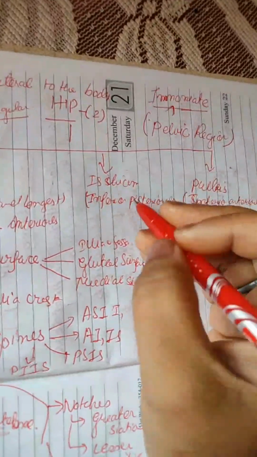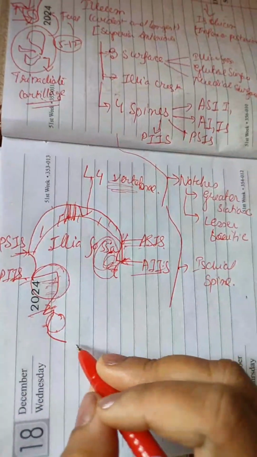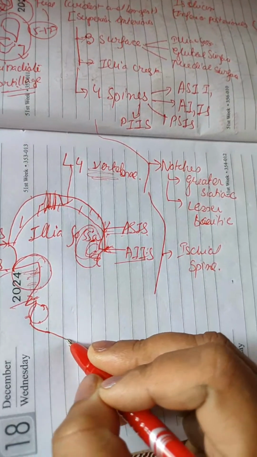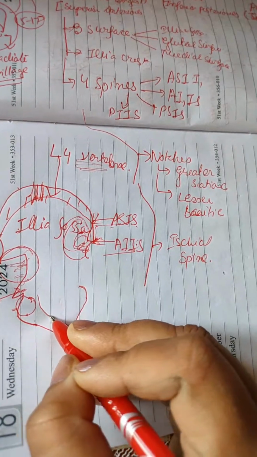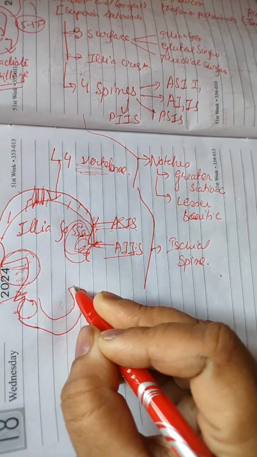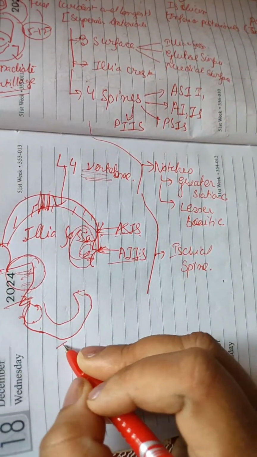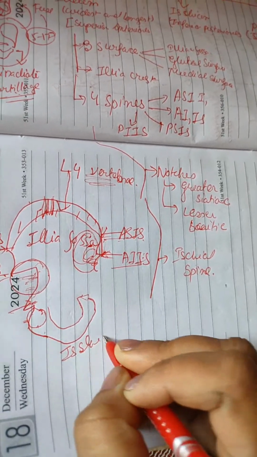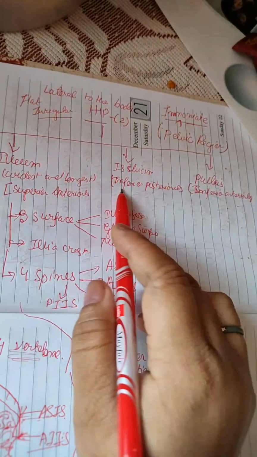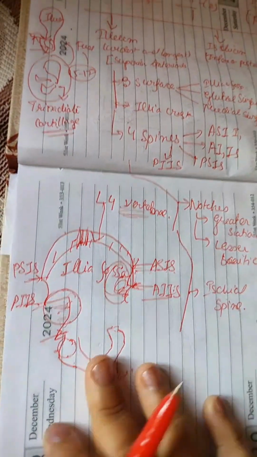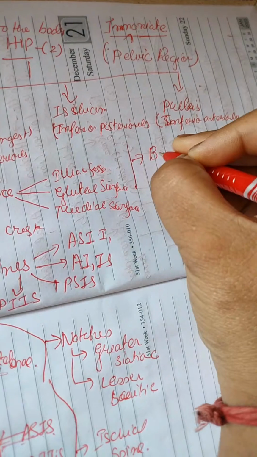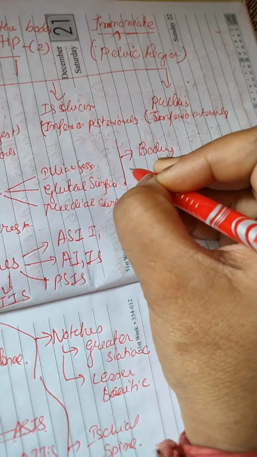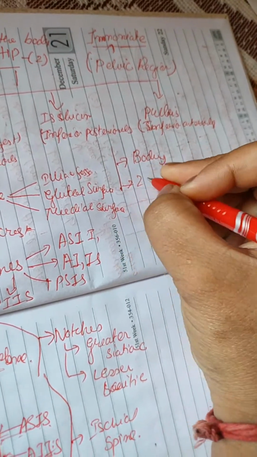Now, let's talk about the ischium. When we look at the posterior side, one bone is coming like this, and this bone is none but our ischium. So, what is the location of the ischium? It lies inferior and posteriorly. Now, what do we have in the ischium? We have the body of the ischium. We have two rami,